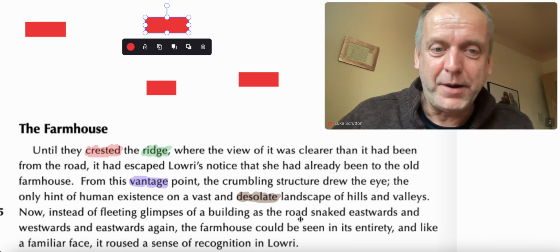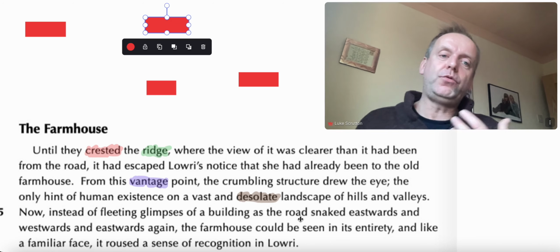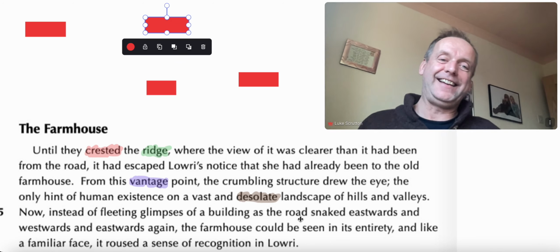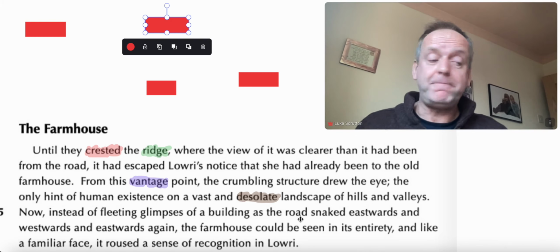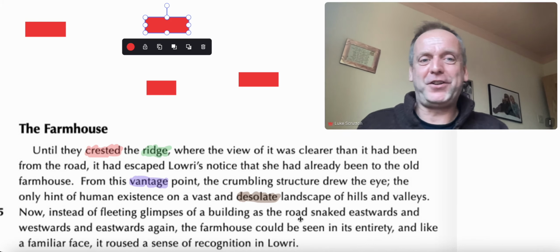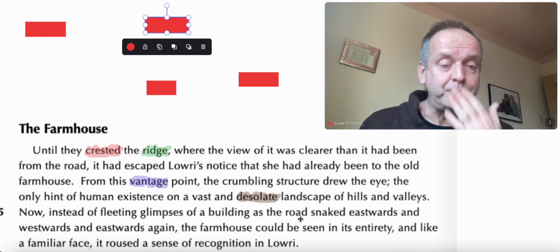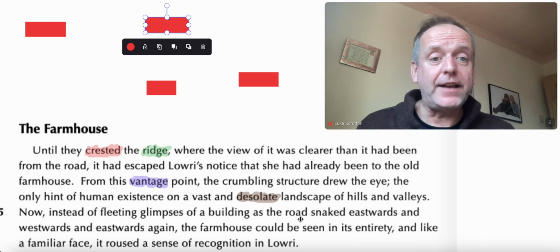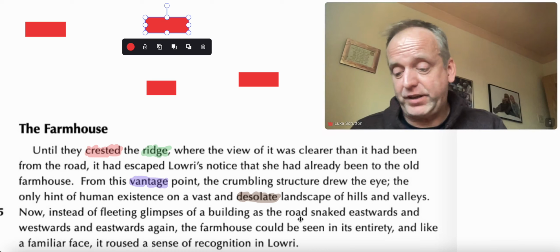Right. So, bleak, perhaps. Do you see how you can actually start to get the understanding of the words without actually knowing what they mean? Then you can jump in the dictionary, or you can use Siri. I think Android has got an equivalent. I've actually just been onto the App Store. I've downloaded a dictionary. You can download any dictionary you like.